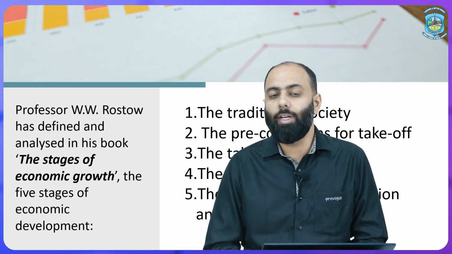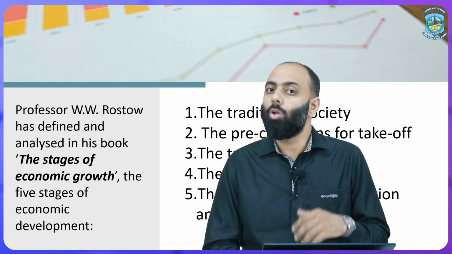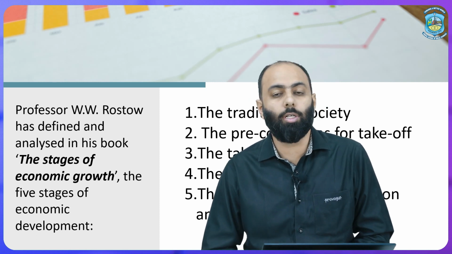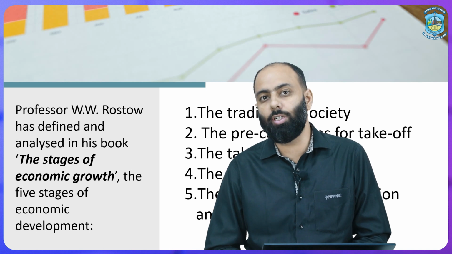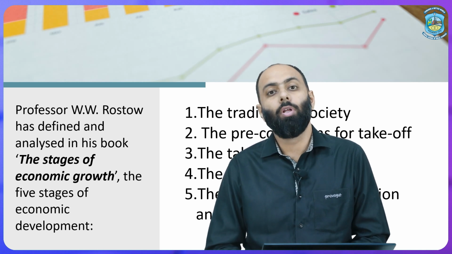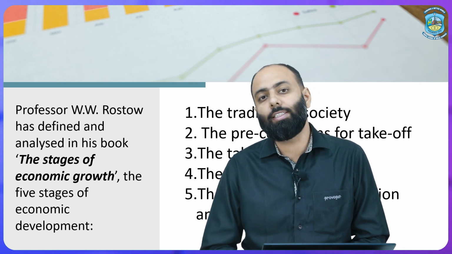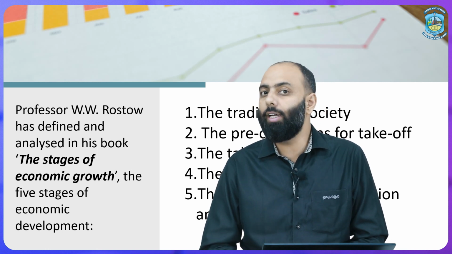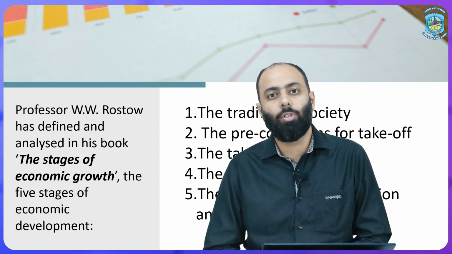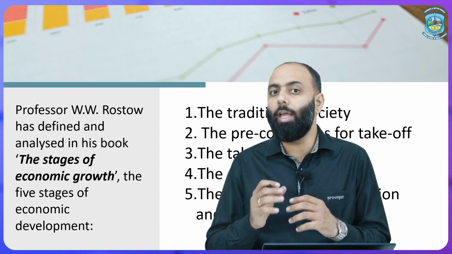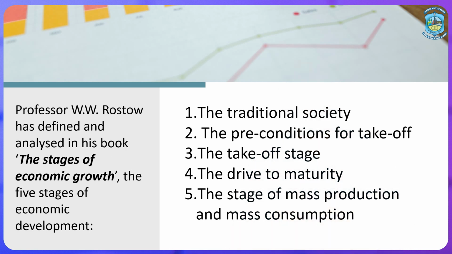In this book, he discussed how growth and development are the two most important things for any nation or country to achieve economic liberalization. Growth is supplemented by development, and development cannot take place without growth. The name of his book was The Stages of Economic Growth, in which W. Rostow stated the 5 basic stages of growth.